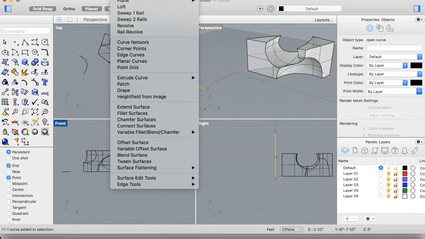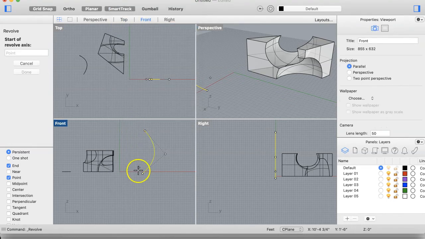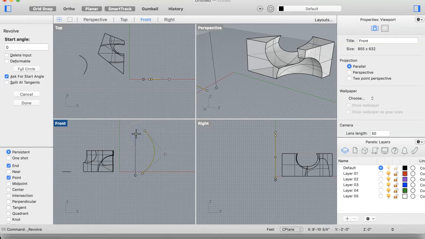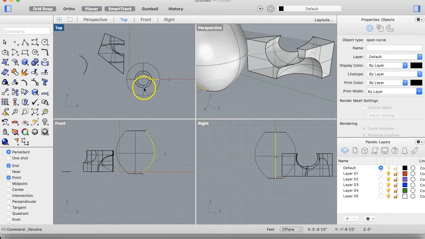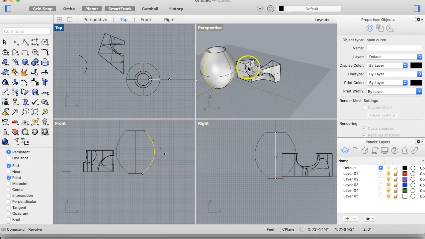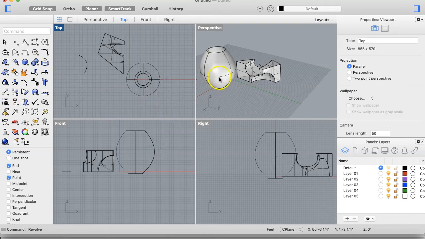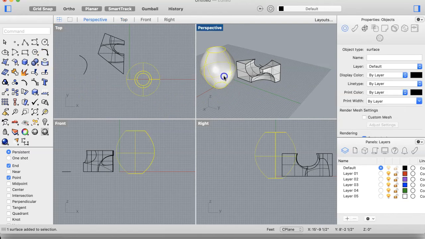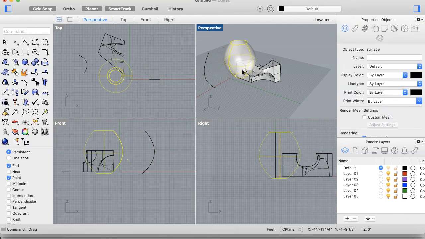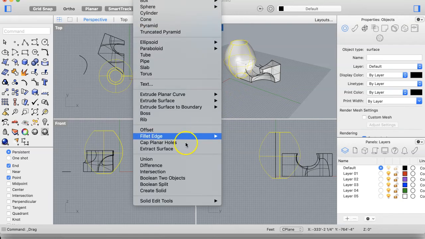So we can go to Surface, Revolve, and then we're going to make an axis. I'll hit the Shift key so it's kind of straight. So let's go ahead and make this a full circle. And so, there's an object. Why don't I take this and bash it against this again? Well, okay, sure. I'll try it, I guess. So this one, I'll make it intersect with this corner, to shave the corner off there. And so I'll go now to Boolean2 Objects,